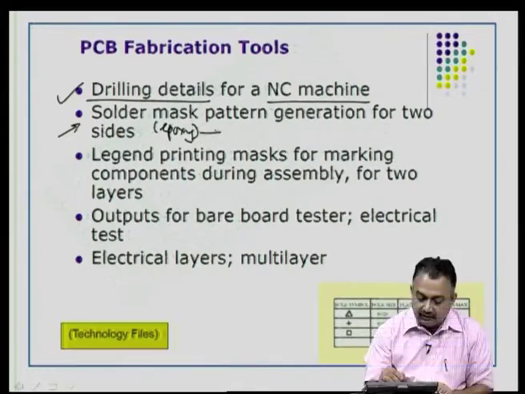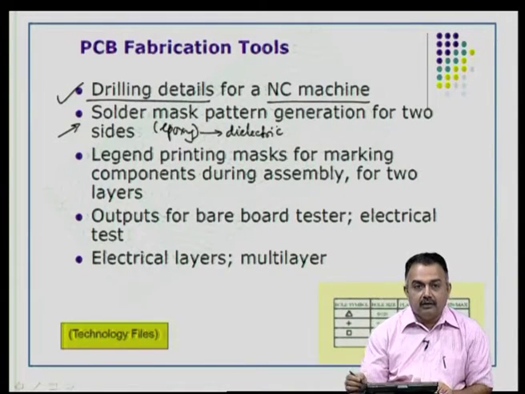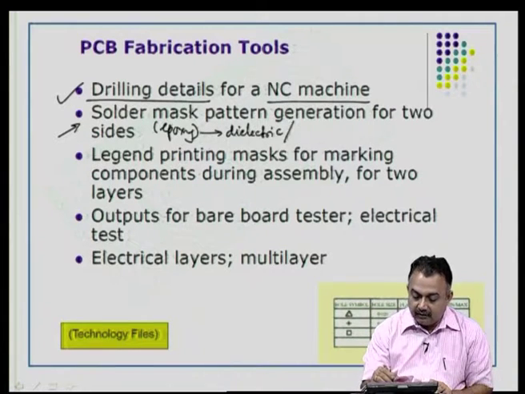So, you will use photo imaging techniques to make sure that your pads are open, the holes are open, and all non-circuit areas are closed. What does it do? The solder mask here, it is an epoxy, therefore, it is a dielectric material, right. So, what is the function of a dielectric material? It protects all your conductor areas,